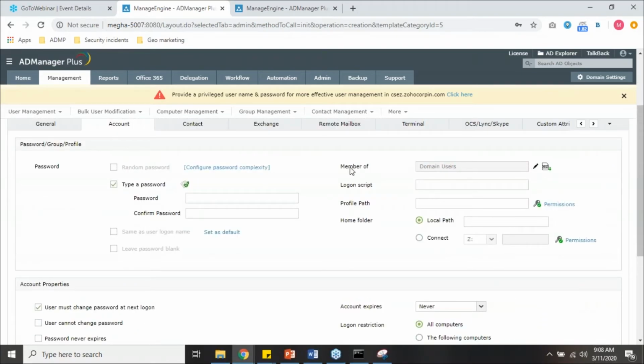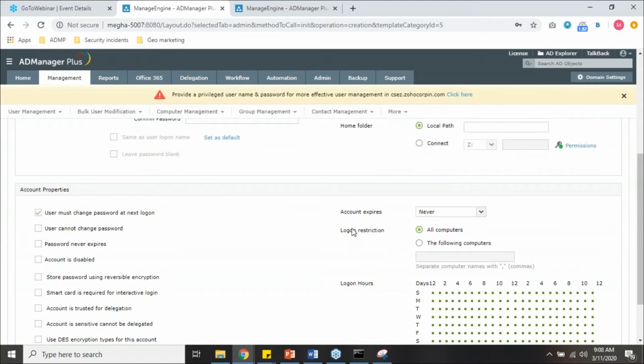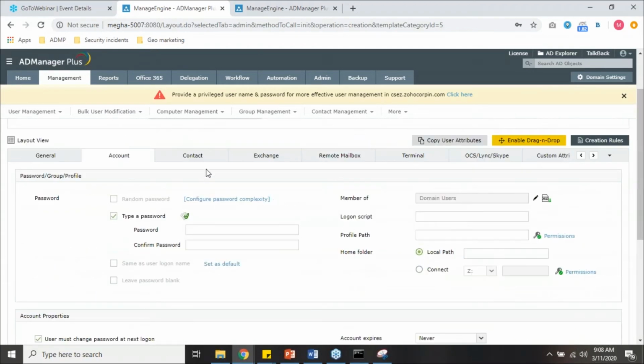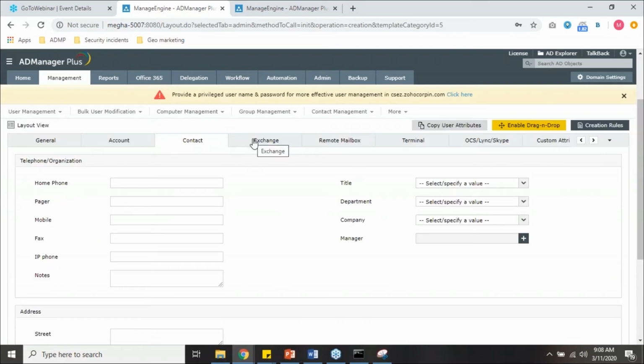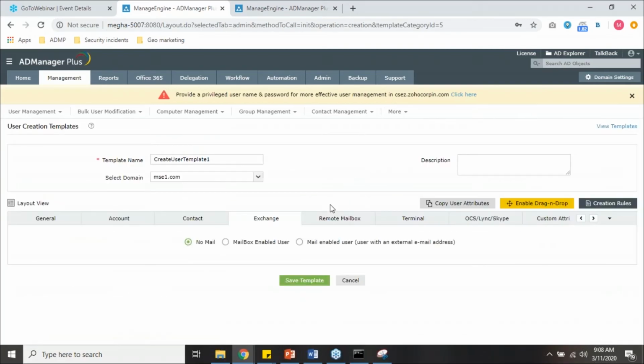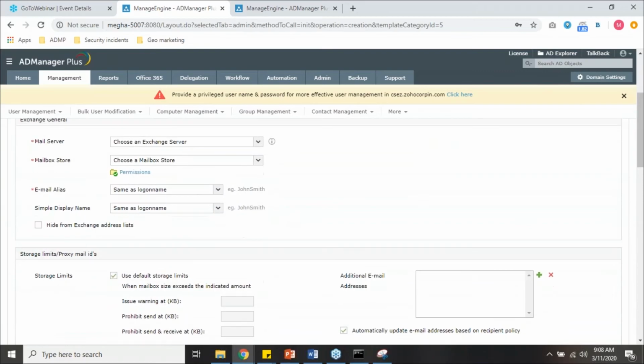You can specify your location, your office, your container, which OU the users should belong to. Even set a common password, so you don't have to manually go ahead and do that. Just type a strong password and check user must change password next log on. Here you can specify the groups these users should be a part of, the logon script, the profile path, the home folder, any restrictions that you want to imply for certain computers, your logon hours, the contact attributes. So all of this, when you create, right,